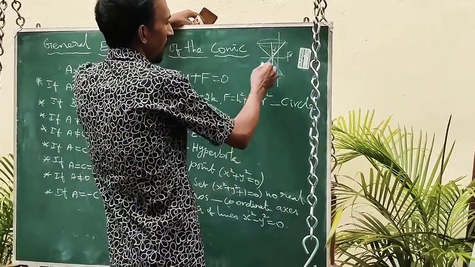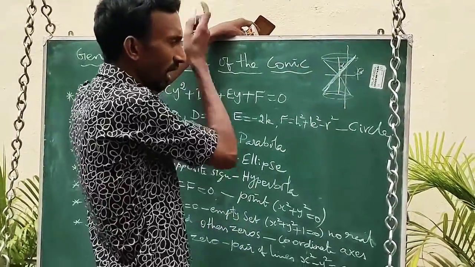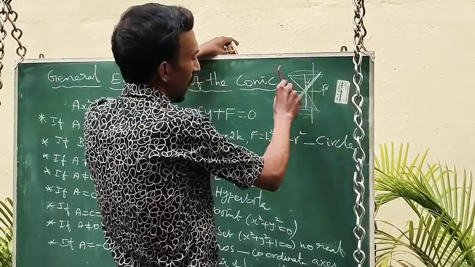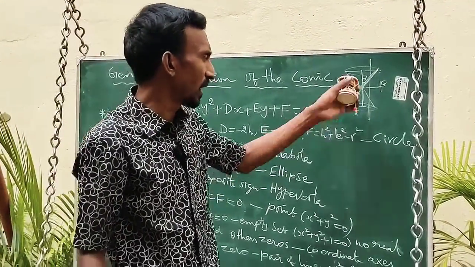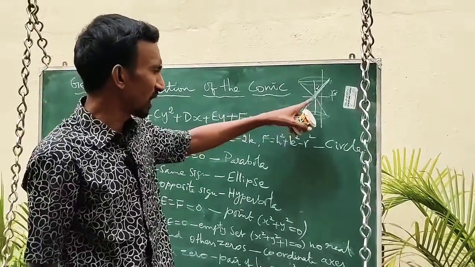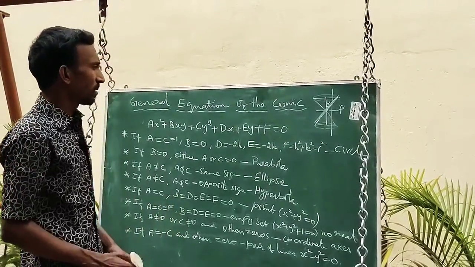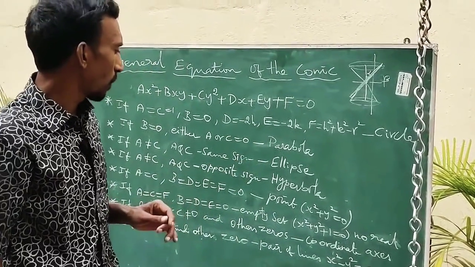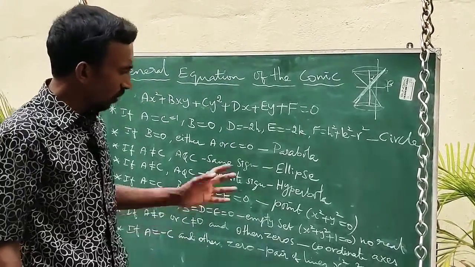Or if we cut along the generator, we get a pair of parallel lines. Suppose we intersect the plane along the axis, we get intersecting lines. The parallel lines are the generator of some other conic sections, so from the degenerating form they are called degenerating. It generates something. So again we now have 8 things: parabola, ellipse, hyperbola, point, pair of parallel lines, intersecting lines, and